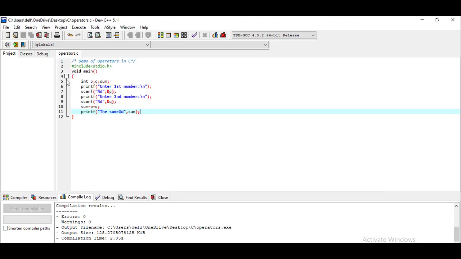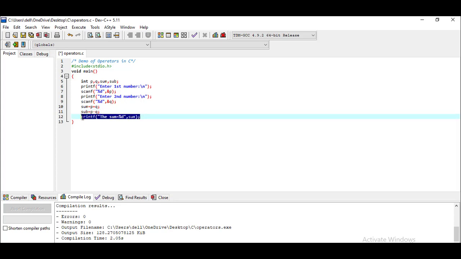So again I'm moving back to the program, and here I'm declaring another variable, say sub for subtraction, and here I'm writing one more line for subtraction, say sub variable, then it will perform p, then minus symbol, then q. What it will do, it will subtract the value of q from p, then it will assign the value to the variable sub.